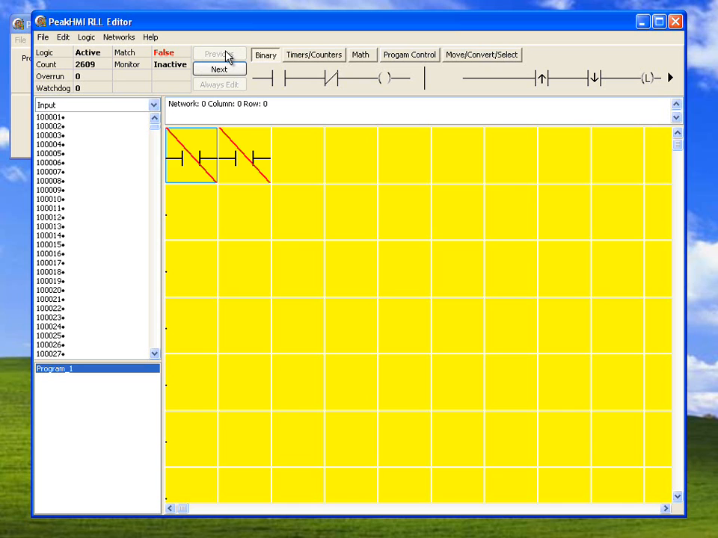So using control up down arrow, I can go between the networks, and I'm always in edit mode. I just find this easier to use. Others prefer the begin end edit. They like to see more rows